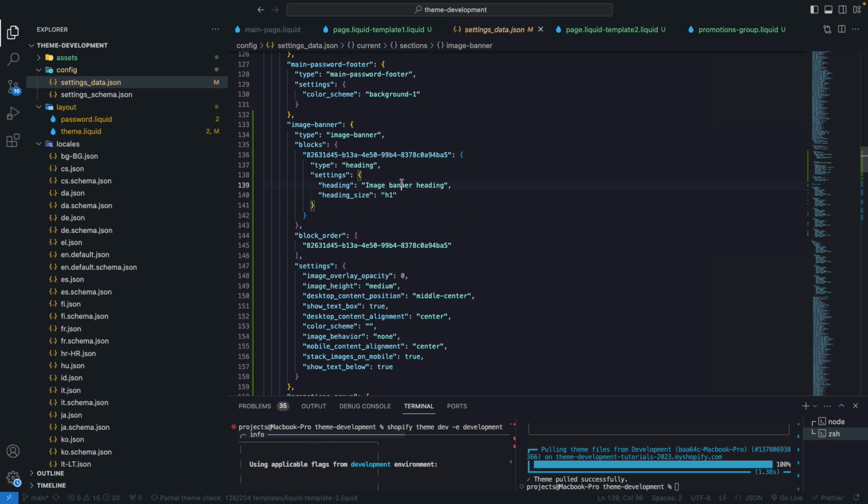So if I change something here, it will be changed across both liquid template 1 and liquid template 2. So that's the main difference between liquid templates and JSON templates. There are instances where this behavior is exactly what you need, and there are instances where it is not. Usually it is not, and that's why JSON templates are the default when you create a template through the theme